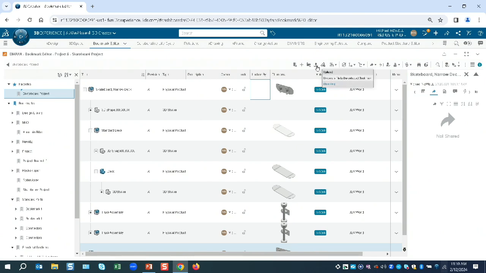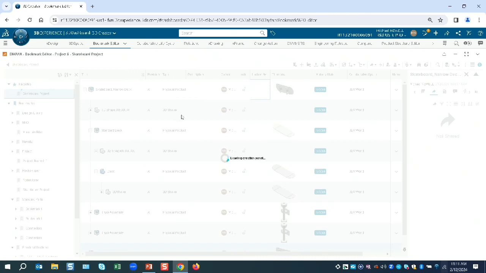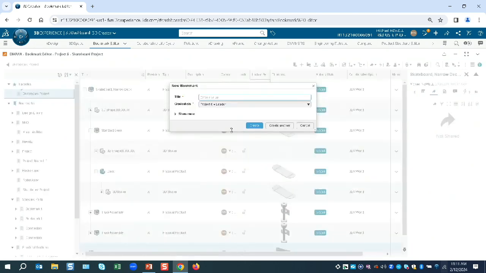These here you can use to upload data into your platform, or simply add existing content from your local drive, create the bookmark. Create a bookmark, and you'll find that